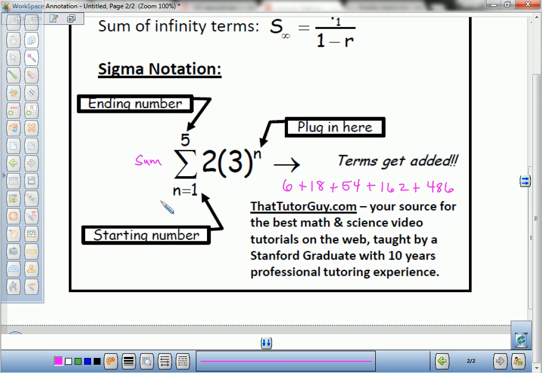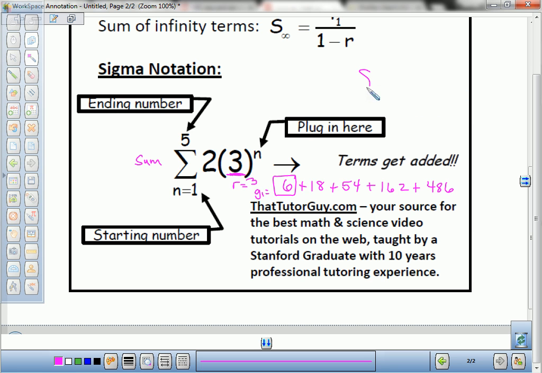But can you tell that this is geometric? I can tell from here it's geometric because repeated multiplication can be written as a power, right? So this is my r, but this is not my first term because it's not to the n minus 1, it's just to the n. This is my first term. So I certainly could use the formula to add those up,